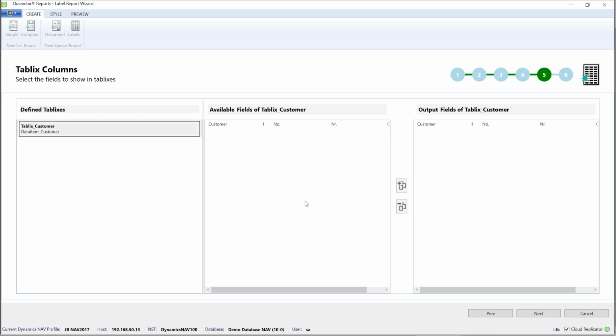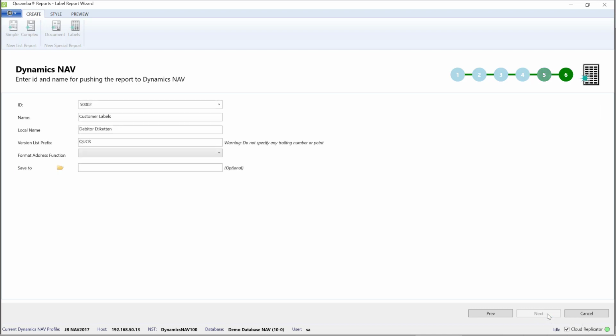Here in the right pane are the individual fields which in addition to the address will be included on the label. In our case, it's only the number field. As I'm sure you can remember, in the previous step we left this field enabled. If I now decide, however, that I only need the address and not the customer's number, I can easily remove it by marking it and clicking on the Delete button. With that, the selection of the output fields is nearly completed so that we can click on Next to proceed